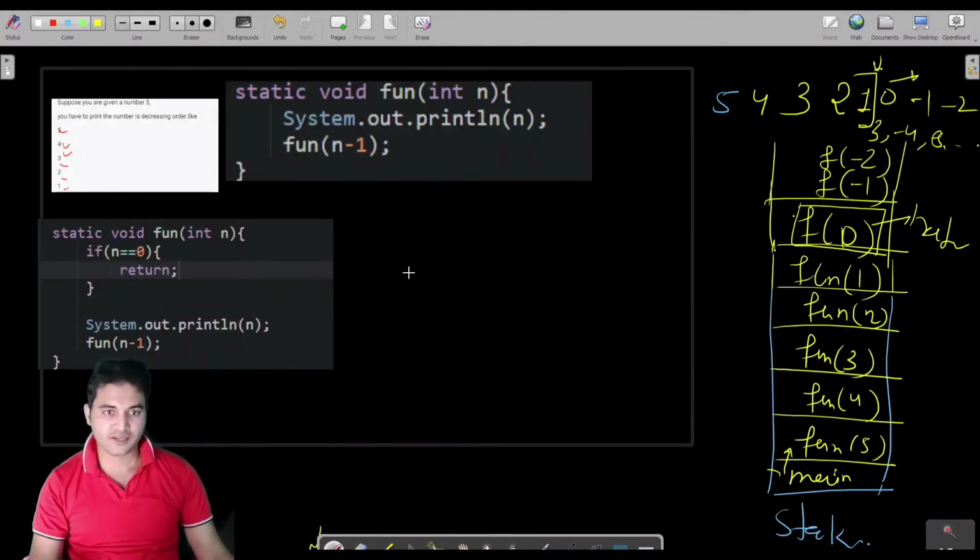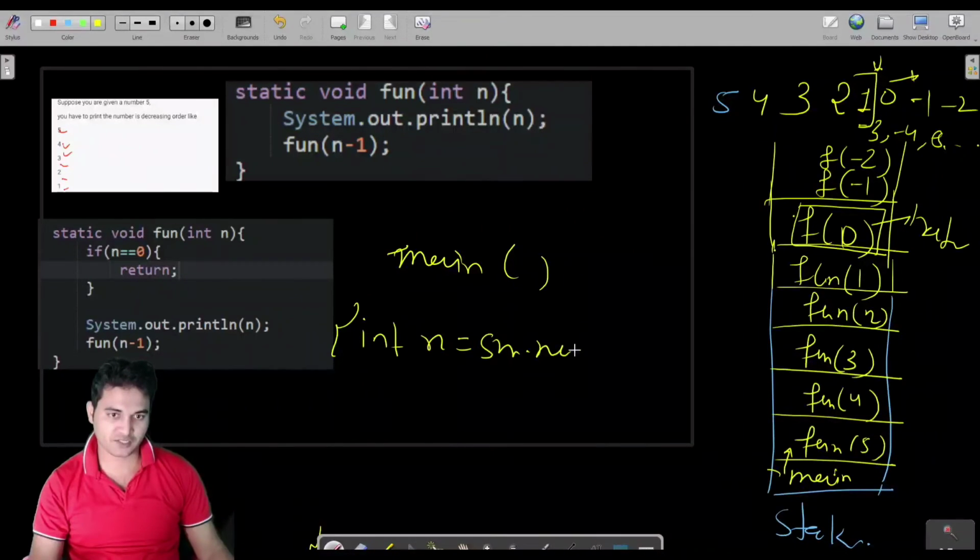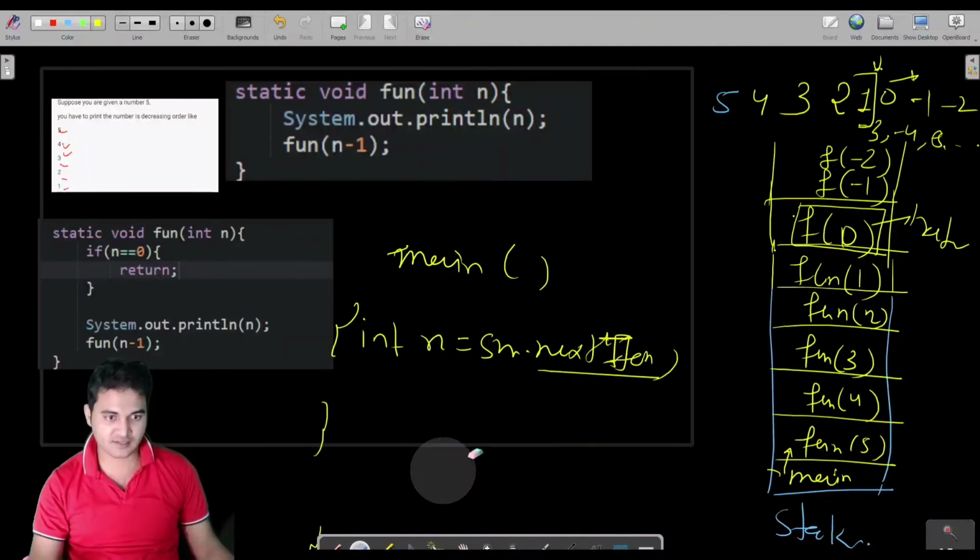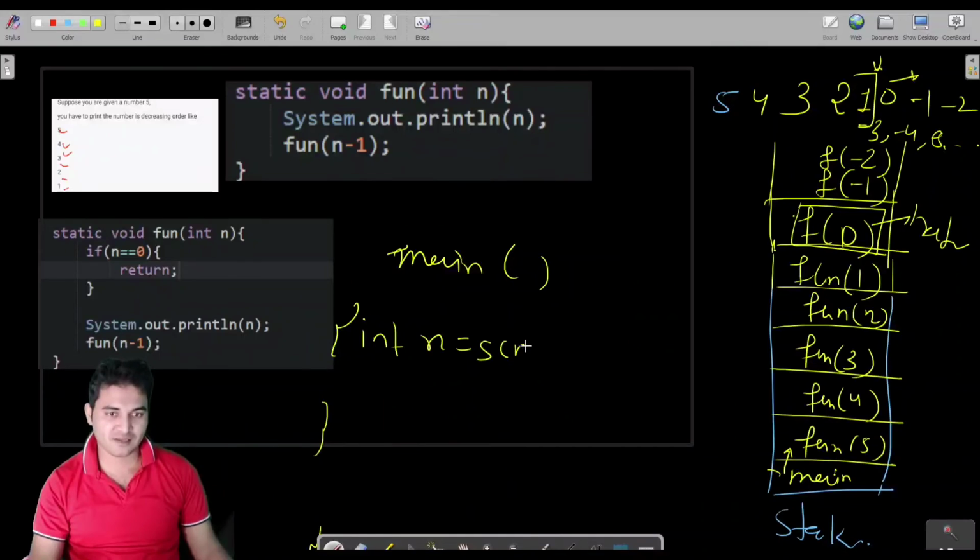If we look here, let us suppose we have this main method and we are receiving a value, int x equal to, let us say, scn.nextInt. Take the example of this.